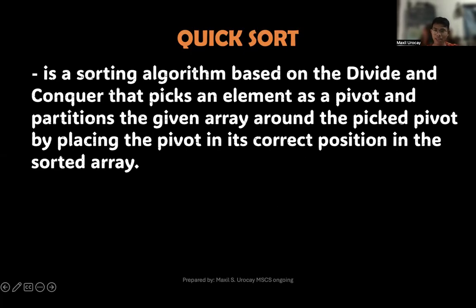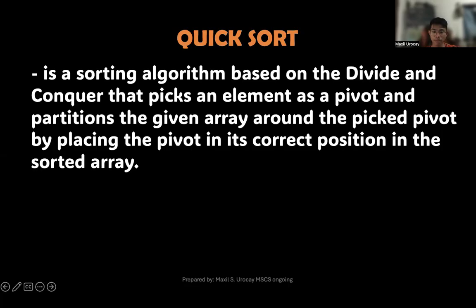Okay, so for today's video, we'll begin to deal with the dual pivot. I mean the quick sort algorithm. So for the quick sort, it is a sorting algorithm based on divide and conquer that picks an element as a pivot and partitions the given array around the picked pivot by placing the pivot in its correct position